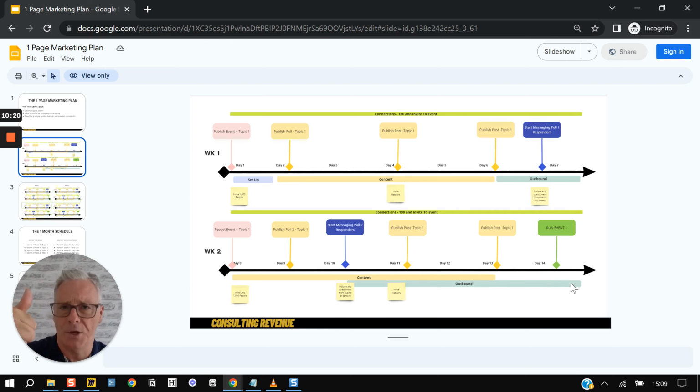You always know what to post about. And if you want to chuck in carousels on here, brilliant. But, you know, this is a simple process. The next thing is you're always adding in connections. LinkedIn allows you legally to add in 100 new connections a week. If you are not doing this, then you are missing a major opportunity. It's a sunk opportunity cost that's gone for you. So you should be adding in 100 connections a week.